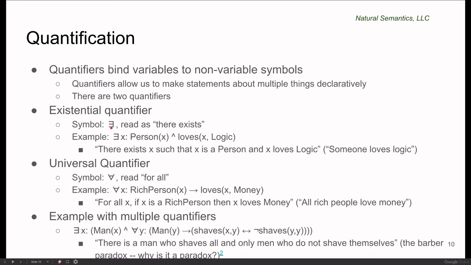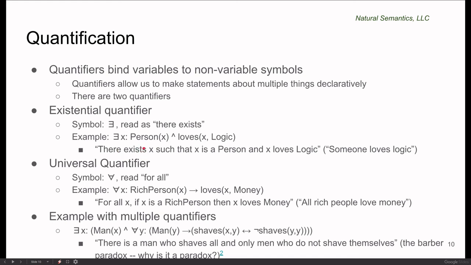It is represented with the symbol, basically a capital E turned backwards, and it is read as there exists. So for example, this says there exists X such that X is a person, and X loves logic. We read that there exists X such that X is a person and X loves